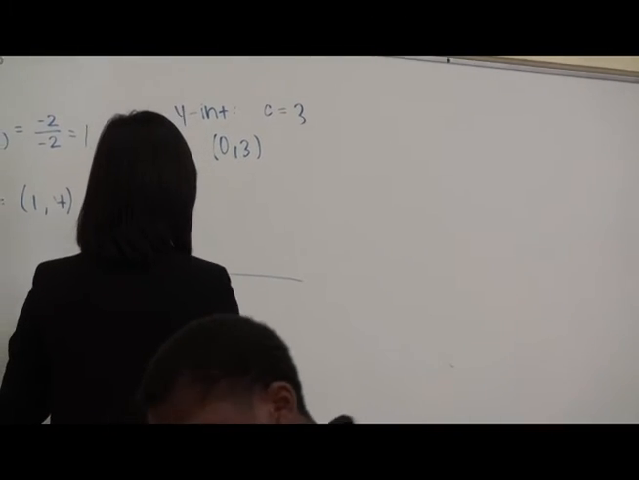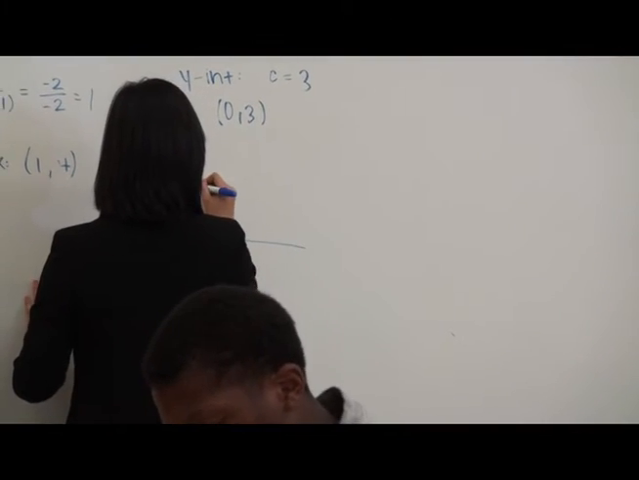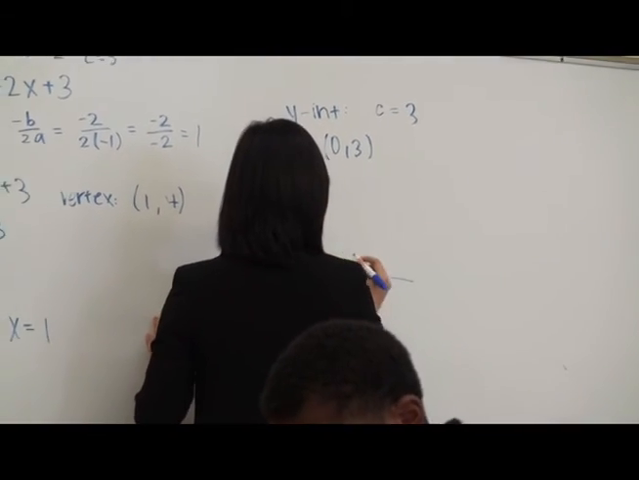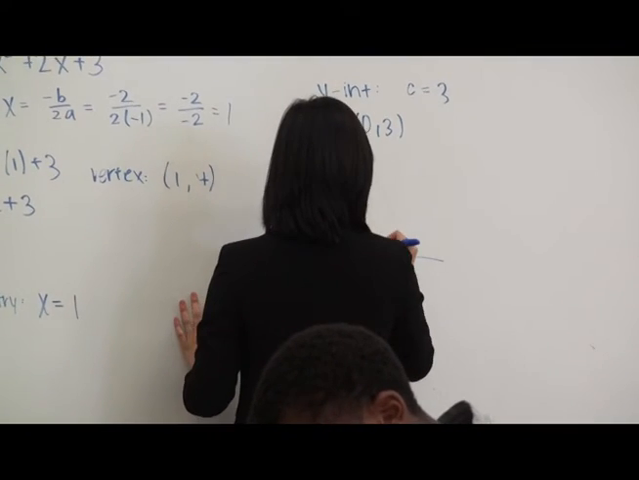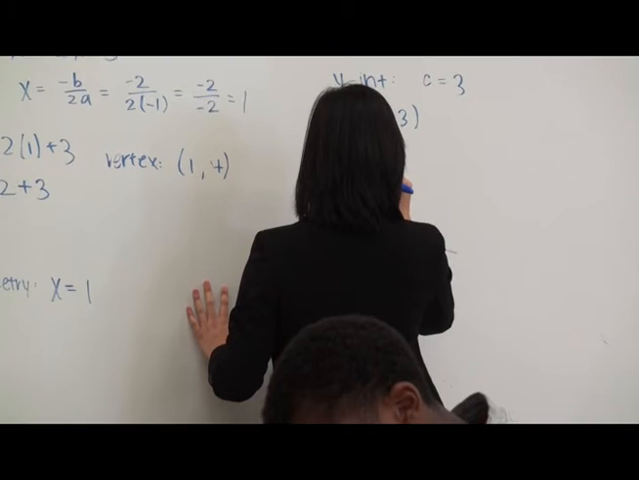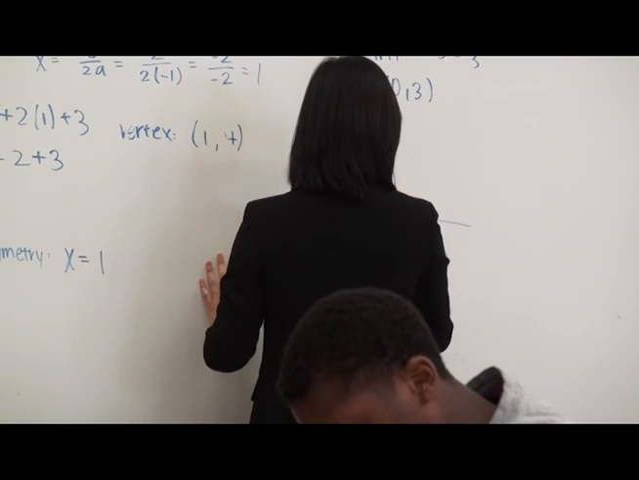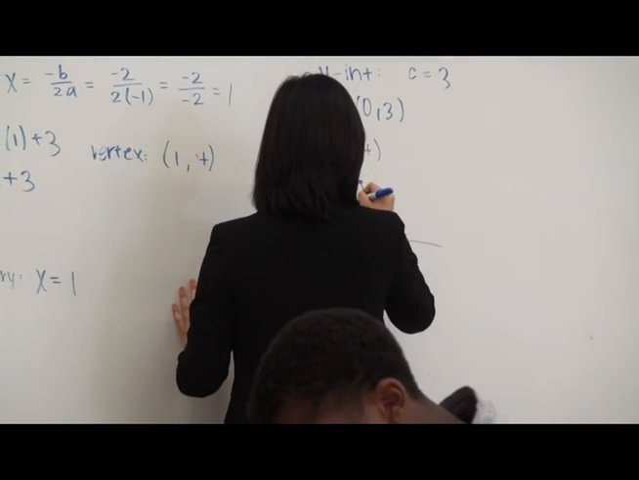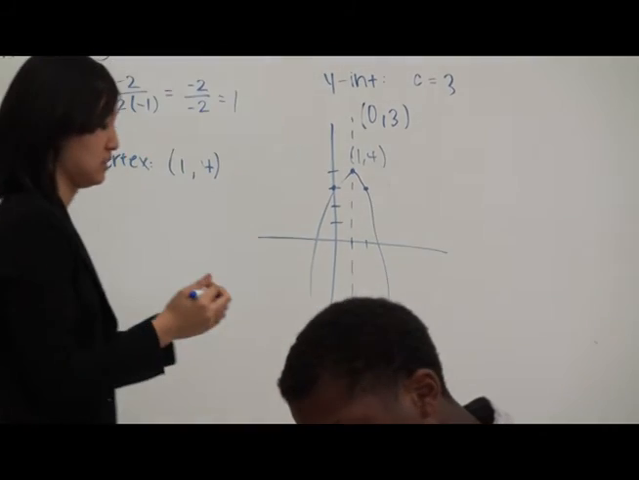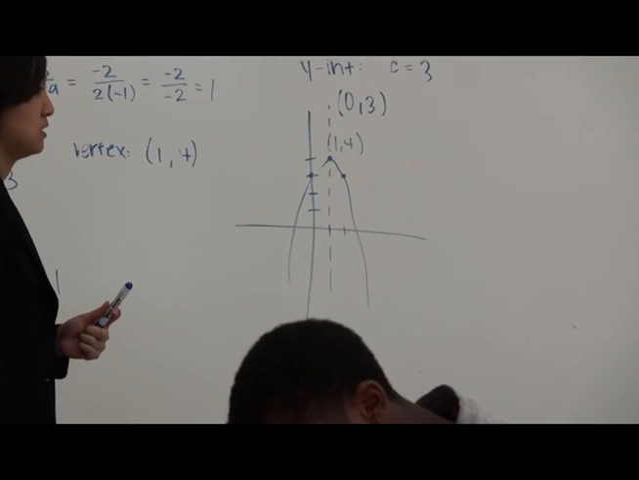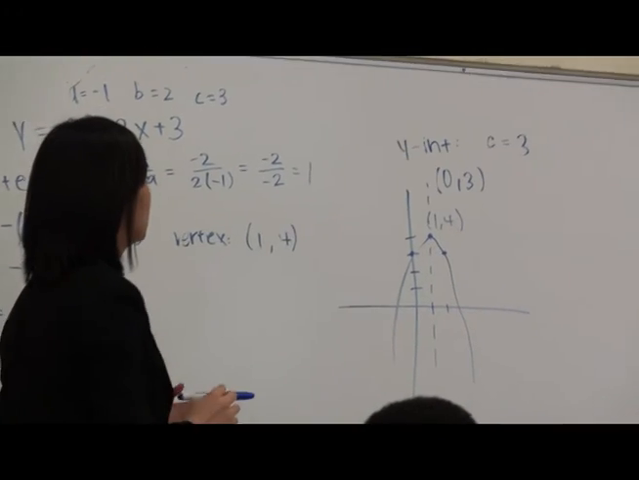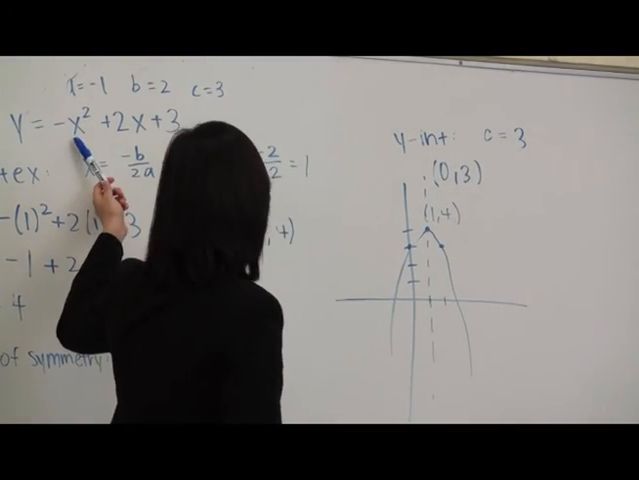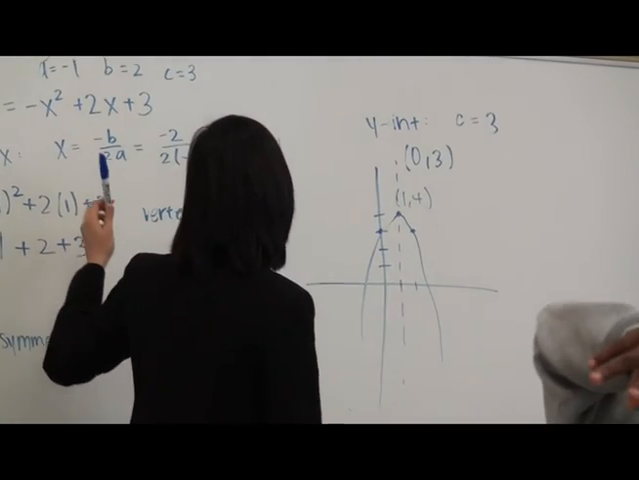So now we can graph 0, 3 and 1, 4, the vertex. Then our line of symmetry. Is that a maximum or no? It's a maximum. If your a is negative, it's always going to be a maximum. And then if your a is positive, then it's